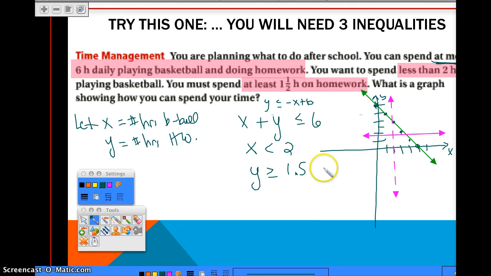See how confusing it gets when you draw more and more lines? I'm going to get cut off here, guys, but you're going to end up having to shade, which is